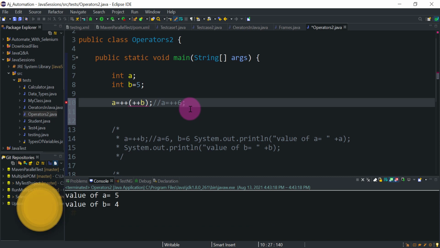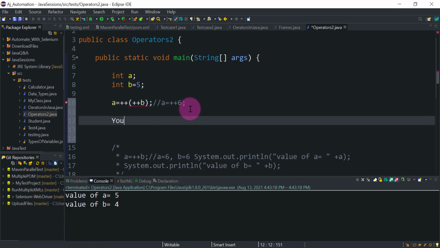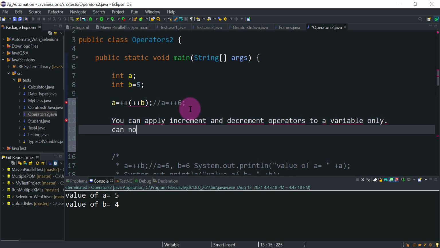So this is our next point. You can apply increment and decrement operators to a variable only, you cannot apply it to a constant value.